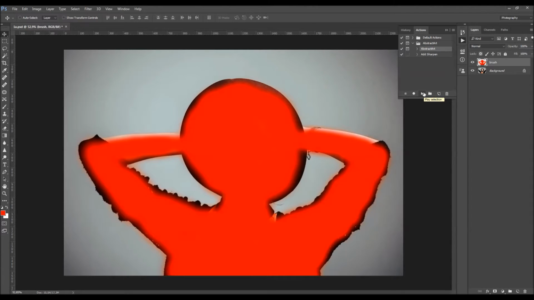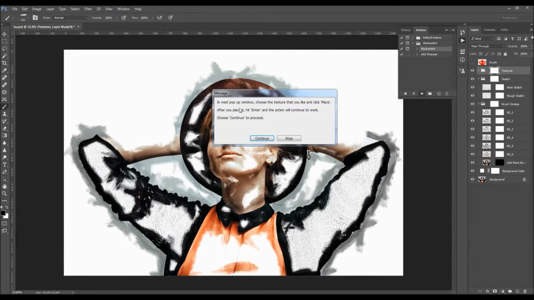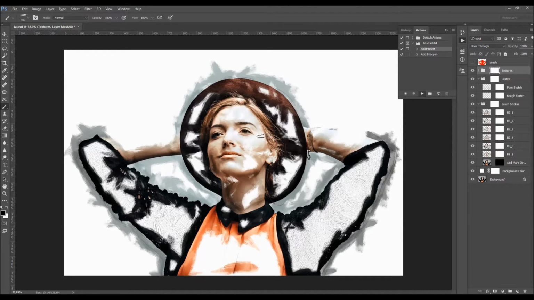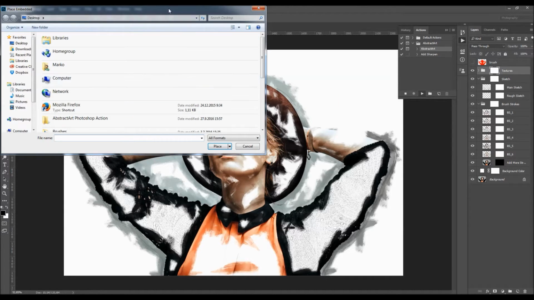The action will stop 2 times, asking you to choose the texture. So I'm going to fast forward the video here and get back to when the first message shows. Okay, so here's the first message. It says, in the next pop-up window, choose the texture that you like and click place. After you place it, hit enter and the action will continue to work. Choose continue to proceed. So just choose continue and